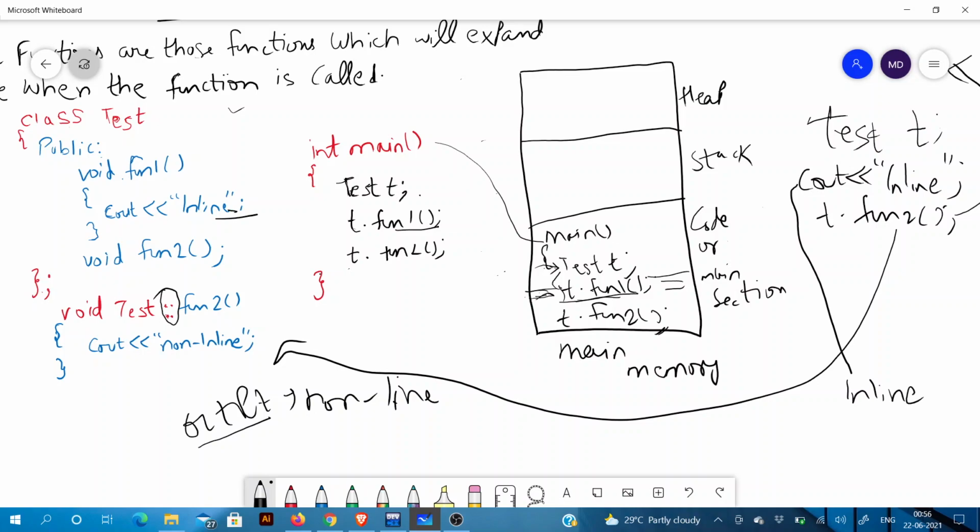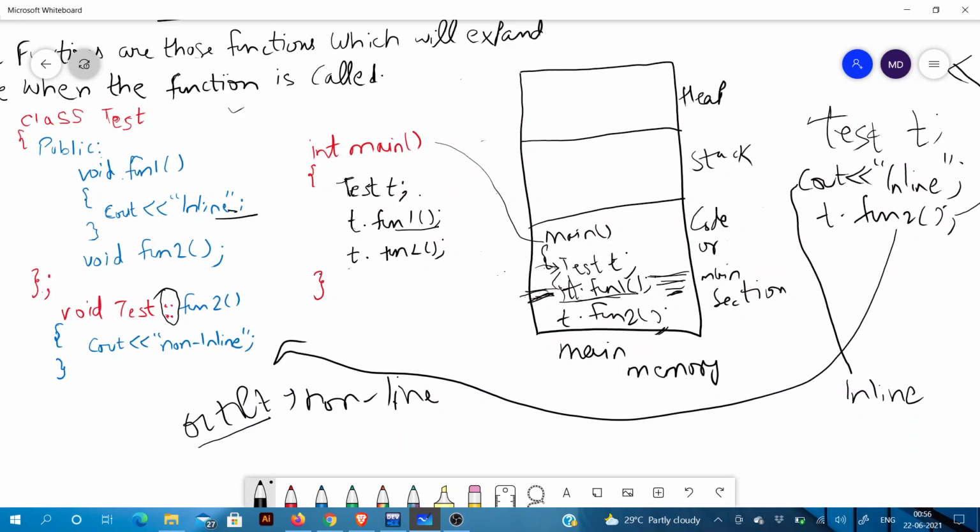Basically, inline functions are those functions written inside the class, and when we call that function it will expand there only, it will not go to the section where it is written originally. So this is the benefit of inline functions.